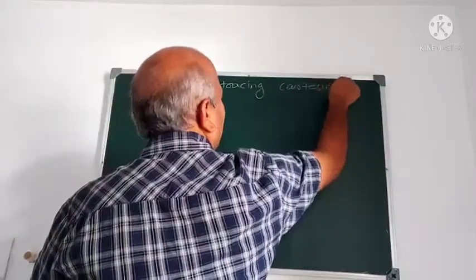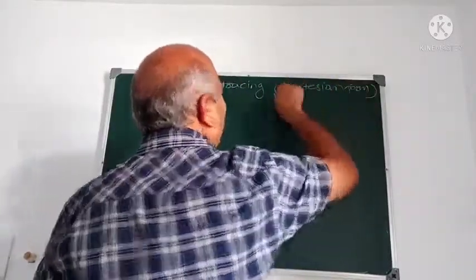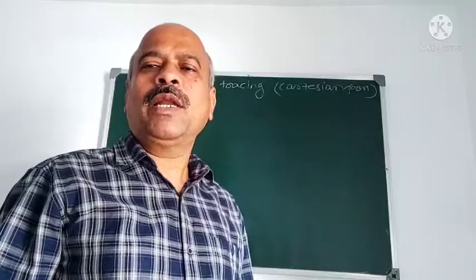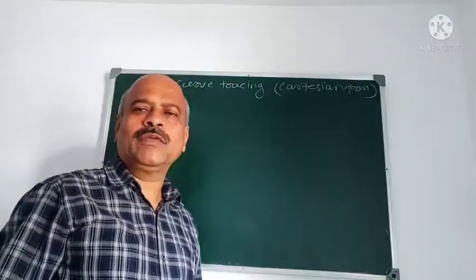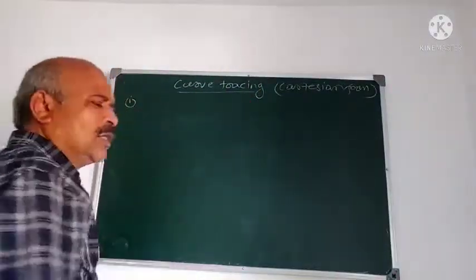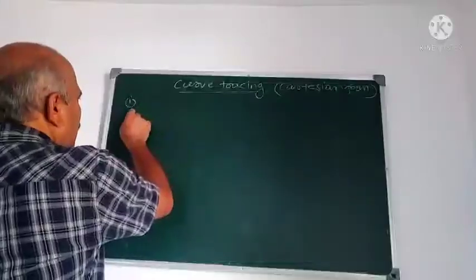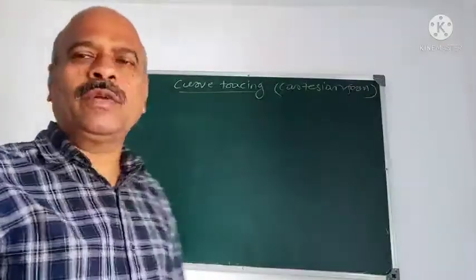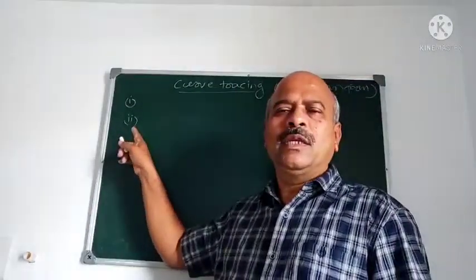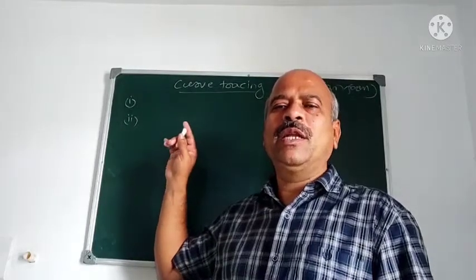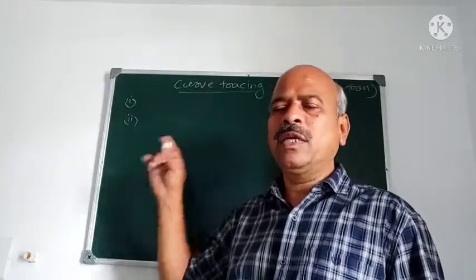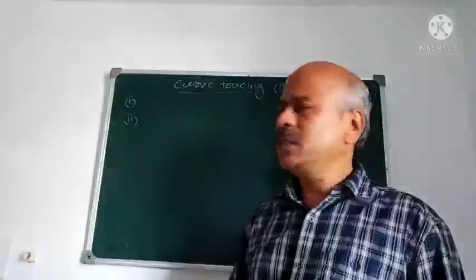Because the equation may be given in Cartesian, parametric or polar form, three separate forms of the equation, the procedure is different. In Cartesian form, there are 5 steps. First one is symmetry. Second, you have to find whether the curve passes through the origin, and if the curve passes through the origin, then the nature of that origin, whether it is a multiple point. If it is a multiple point, you have to find out whether it is a node or cusp. That gives an idea for tracing the curve.